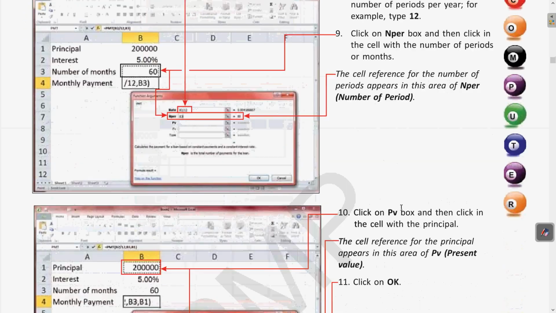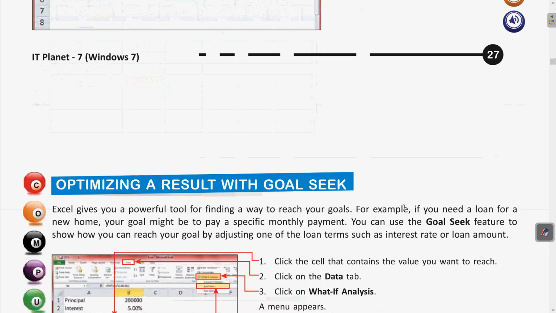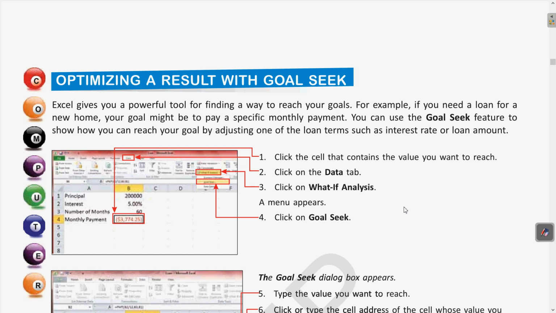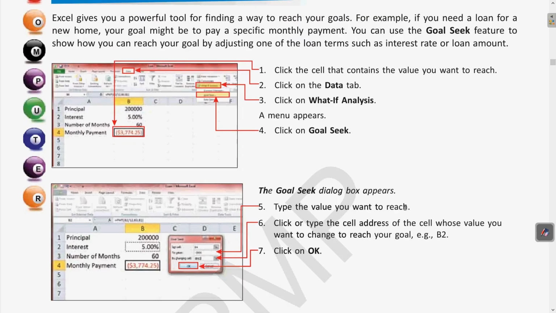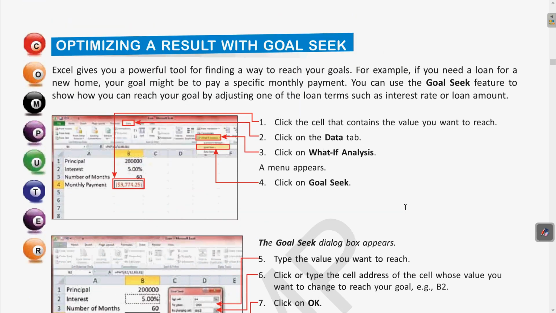Okay, so we have revised this, and after that we have seen how to use the goal seek. So what is the goal seek feature? Using the goal seek feature, if we want to fix any one of these parameters, and fixing one we can make the other thing variable.